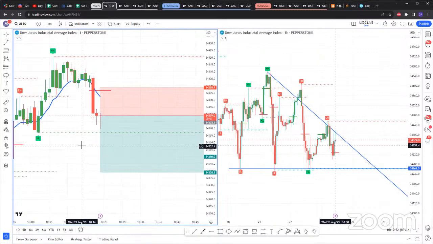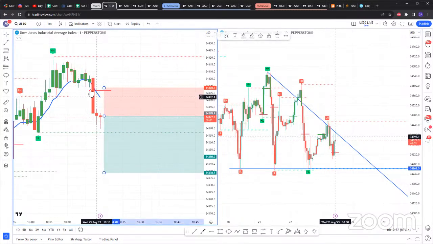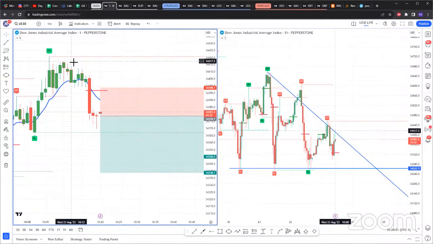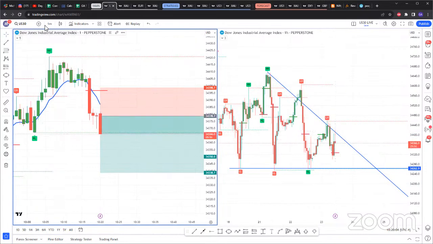So if you're trading the 1 minute candle, that can be a setup for you. But for me, I am waiting for this. Now, since I've seen this has been validated on the 1 minute, and for me personally, I'm waiting for the entry on the 5 minute, and that's the entry I'll give to you guys.